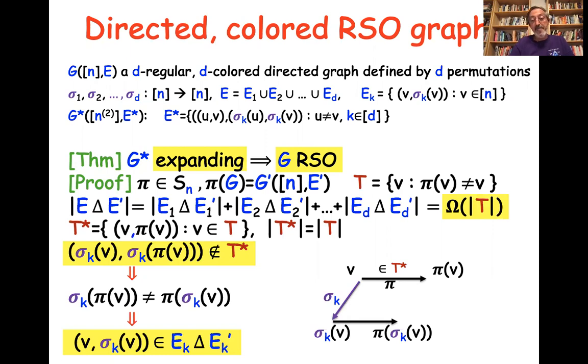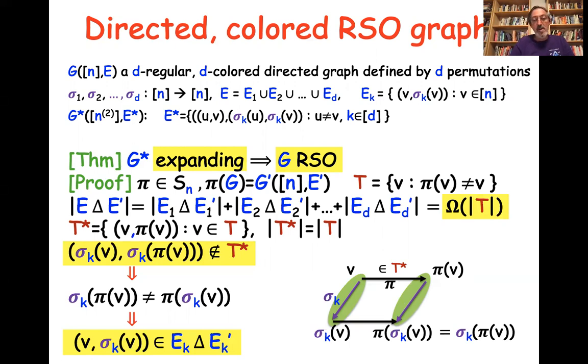We look at V, and horizontally we see the action of pi, vertically we see the action of sigma k. And we are interested to know what happens to this edge, whether it will be moved by pi to same colored edge or not. And so we want to know what's happening here. And well, if sigma k was moving pi of V to that point, to pi of sigma k of V,